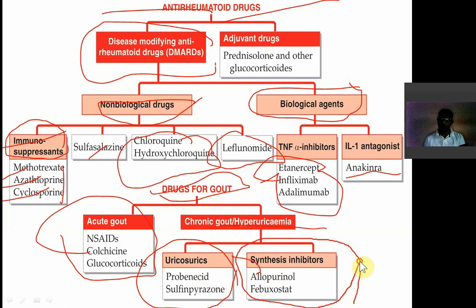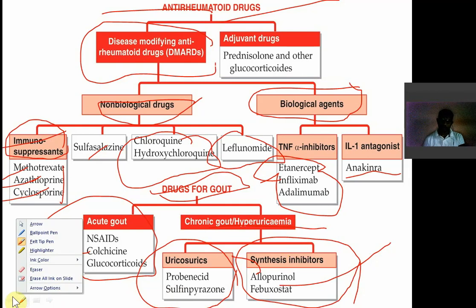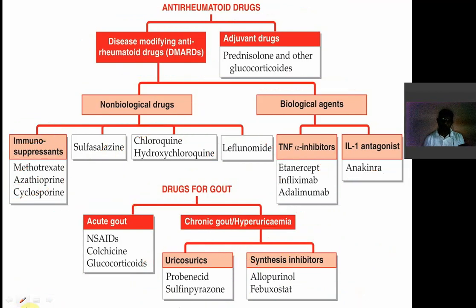It is a xanthine oxidase inhibitor. Allopurinol is a xanthine oxidase inhibitor. The xanthine oxidase enzyme is involved in the metabolism of your nucleotides and synthesis of uric acid. So if uric acid synthesis decreases, obviously the gout problem will decrease. So these are the drugs used in inflammation, pain and related conditions. That chapter is finished, and we'll see the same chapter from a pharmacology point of view tomorrow morning.